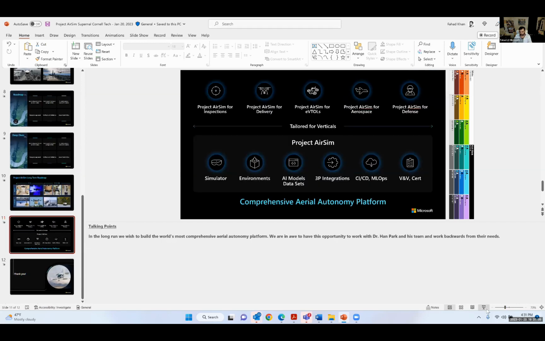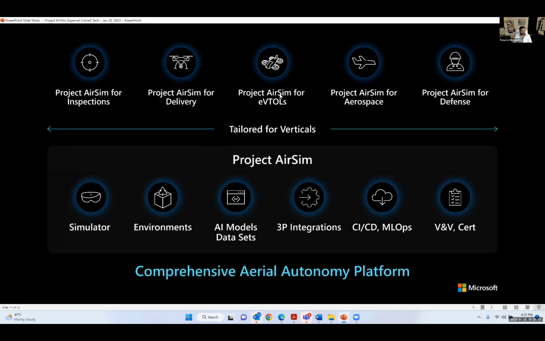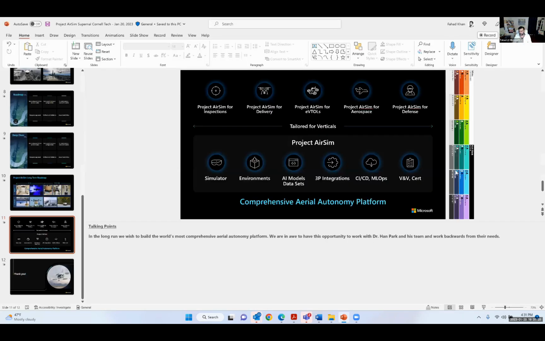One quick thing. Don't take a screenshot, but that's the area where we are focused on, the different verticals, the core product that we're building. eVTOLs and aerospace is big, what I focus on, and there's a lot of stuff that goes on in defense. We have some collaboration with DARPA and U.S. Air Force, and so on and so forth. And it's a very exciting space to be in.